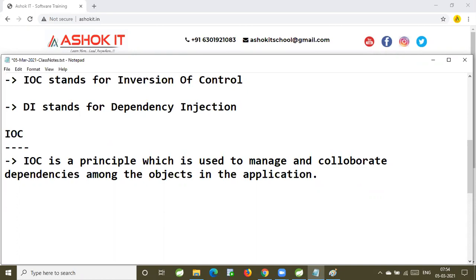Now, here, dependency injection. So what is dependency injection?